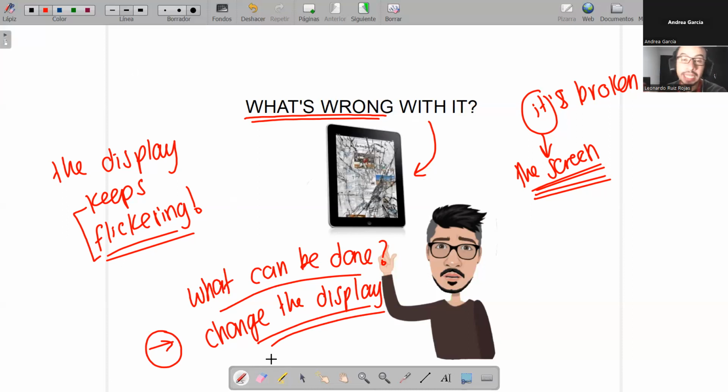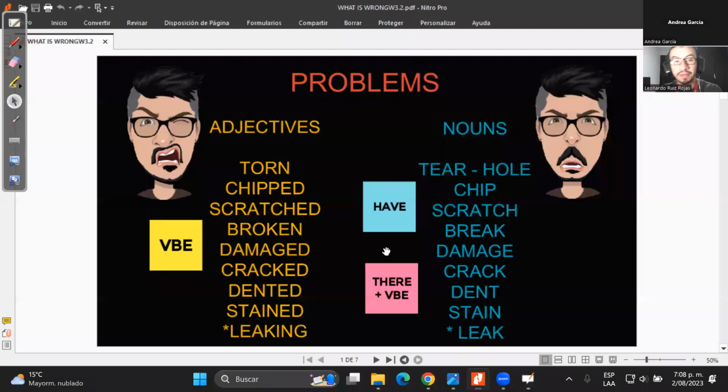Ready? Basically, here we're going to have words for problems in two different ways, using adjectives and using nouns, right? And also we're going to have some other problems which are repetitive, like when we use keep. Ready? So let's see how we can do it. In this case, we're going to have first the description of different problems that we have. But as I told you, we have two different ways. We can do it with the form of the adjective, which is the characteristic, or we can use the noun, no?